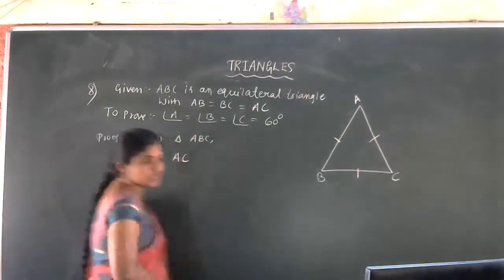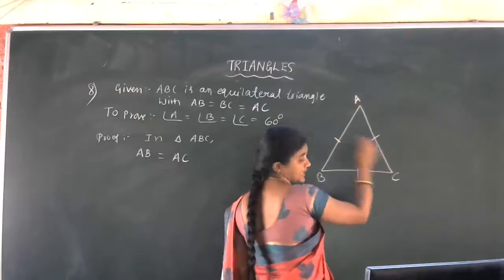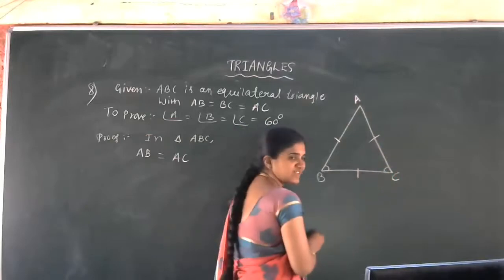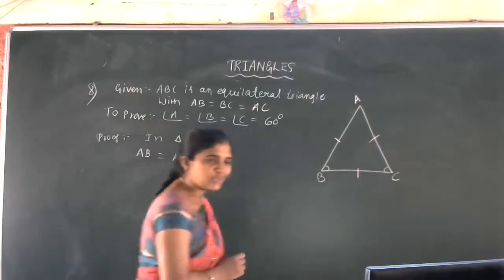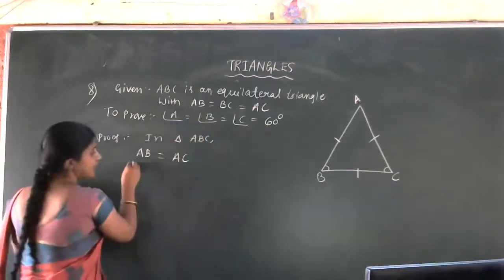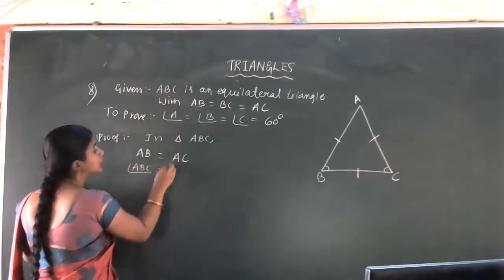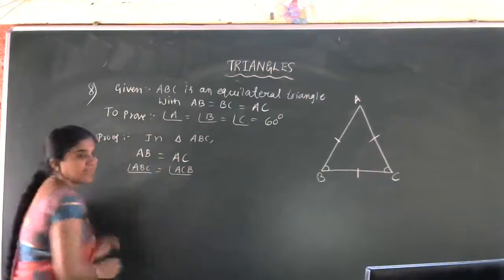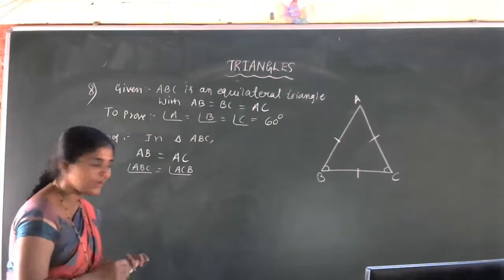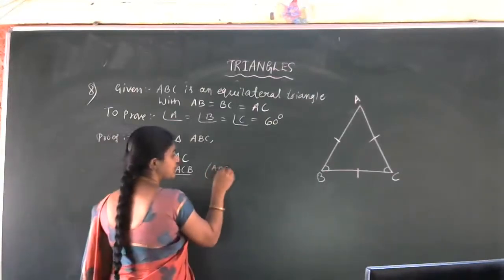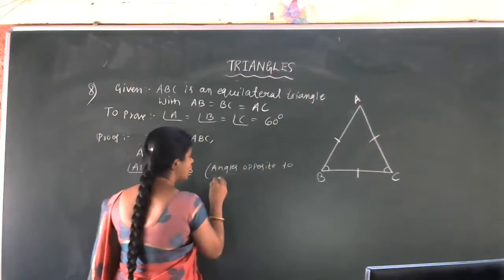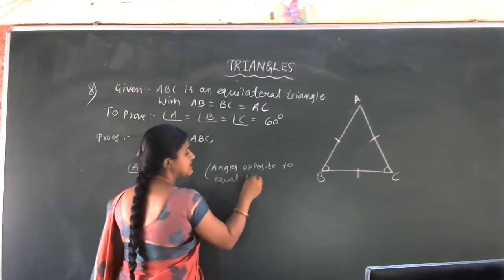What did we get actually? X is equal to 60. X is nothing but ABC, ACB and BAC. Therefore, angle ABC is equal to angle ACB, which is equal to angle BAC, which is equal to 60 degrees. Okay, is that clear? So this is the method to show that in an equilateral triangle, all the angles are equal. So from this we can conclude that in an equilateral triangle, angles are also always equal. So an equilateral triangle is always equiangular also. Is that clear, students?